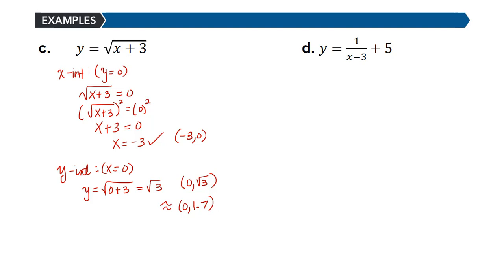Part D is y is equal to 1 divided by x minus 3, plus 5. So the x-intercept, we let y equal 0. And we will get 1 divided by x minus 3, plus 5 equals 0, which is a rational equation that we need to solve by multiplying through by the LCD. The LCD is this x minus 3. If I multiply each term by the x minus 3,